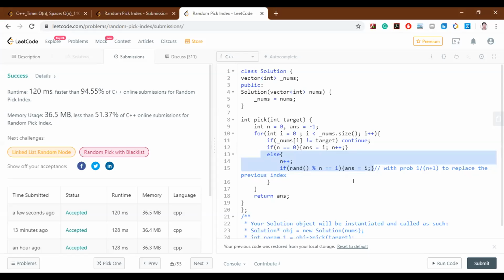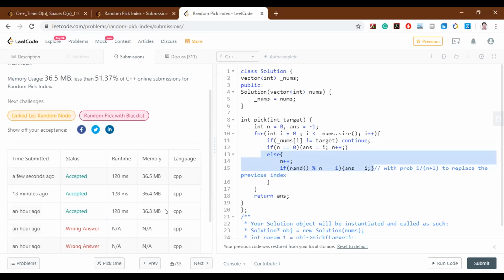Yeah, and actually one thing about rand is you need to seed it with something before you run a rand function. One unique thing I saw, like I use the array, right? And it is using memory 36.3 MB. And this also is using 36.5 MB. So I think that the random function override is using this space, I think.